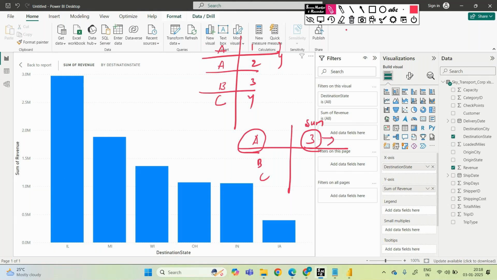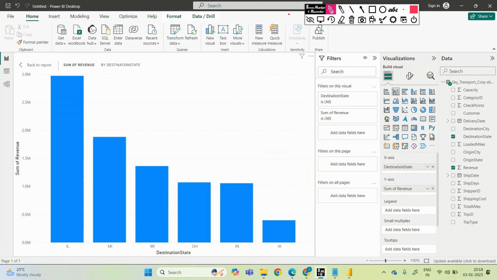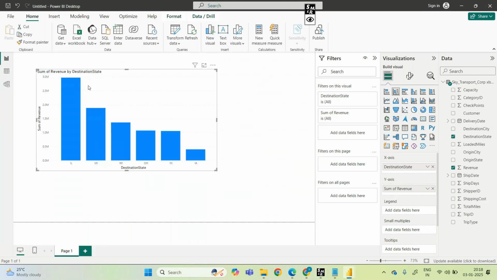Just focus on the overview of this. This is the group by concept, guys. Focus on the overview, not the concept part. Later we will deep dive into the concept in the classes.